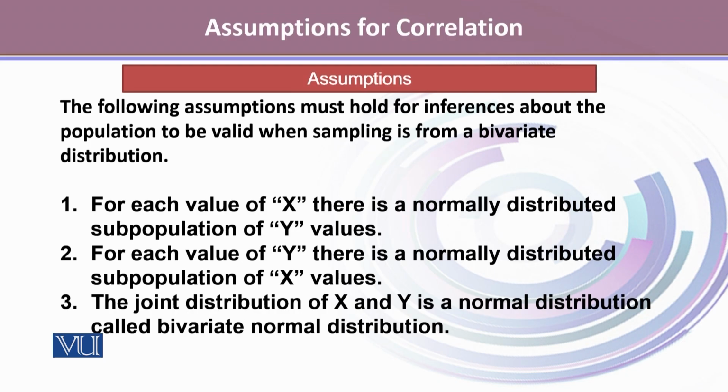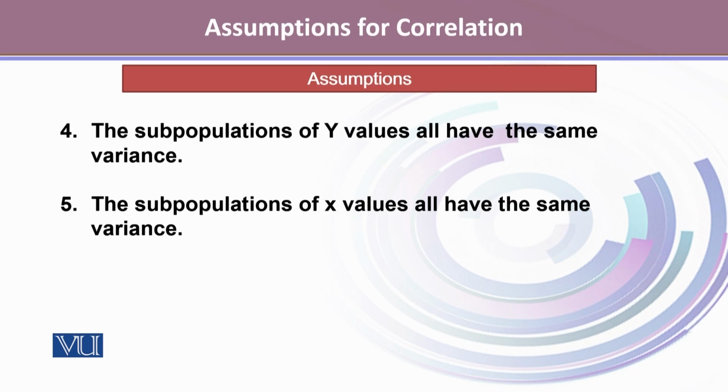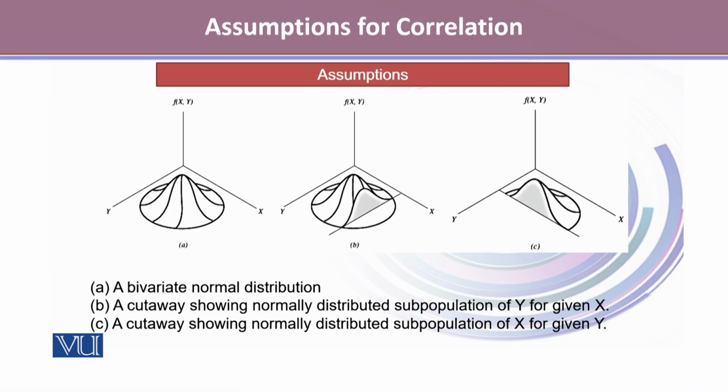The joint distribution of X and Y is a normal distribution called bivariate normal distribution. The subpopulations of Y values all have the same variance, and the subpopulations of X values all have the same variance. Here is a pictorial representation of these assumptions, where fxy represents the bivariate distribution, and then we have the